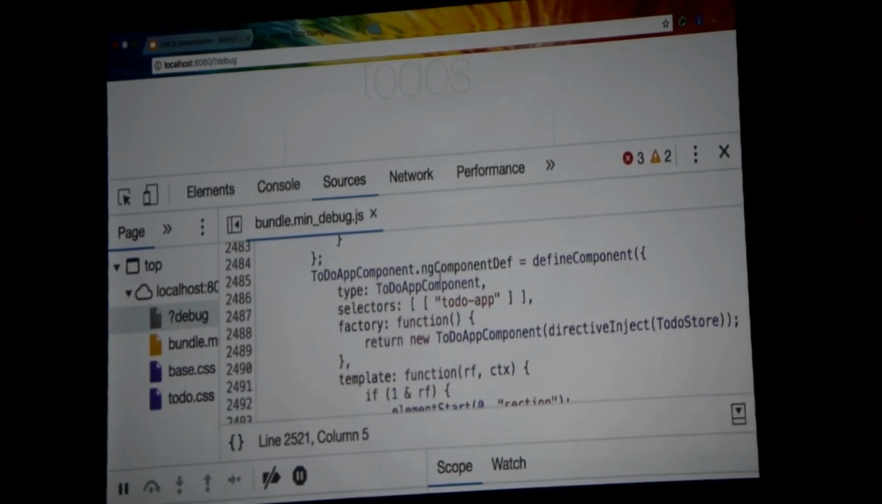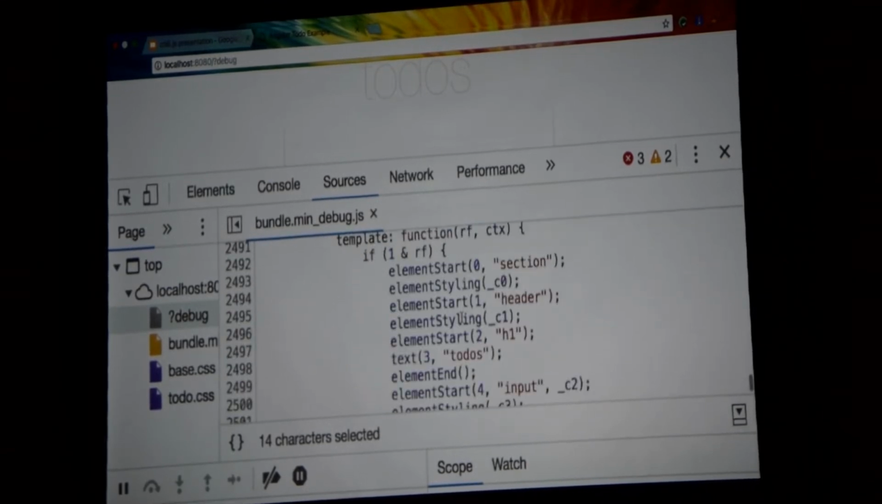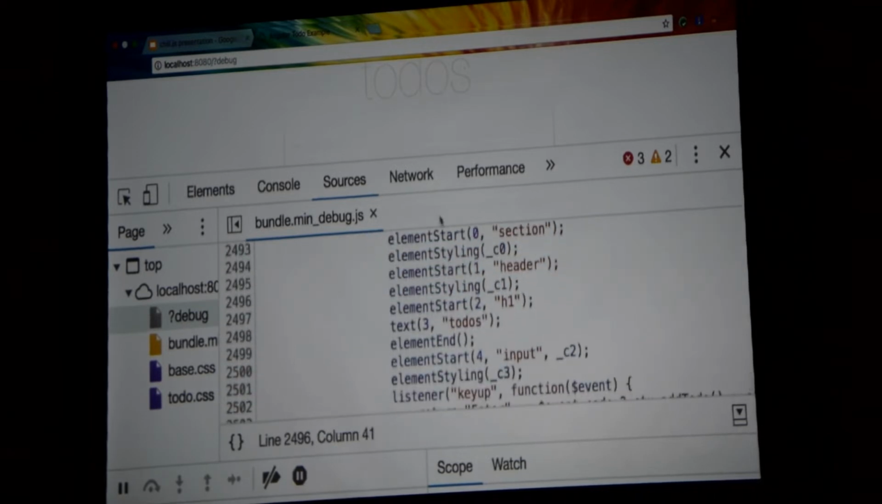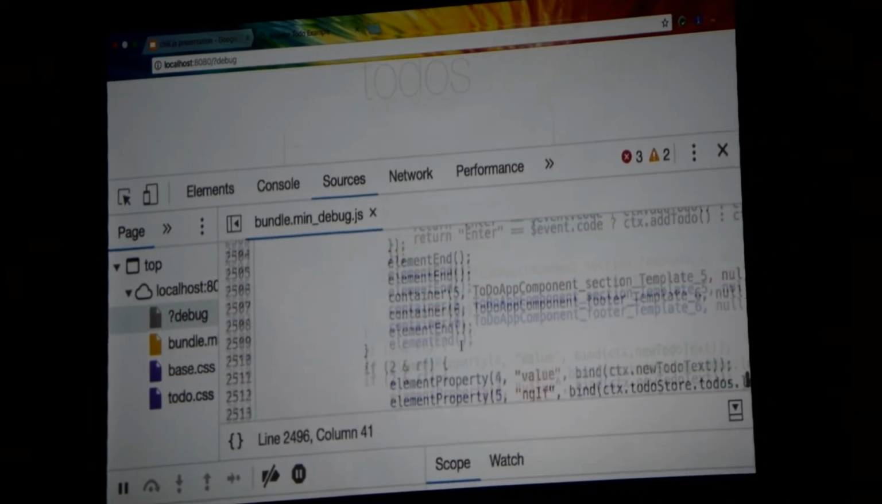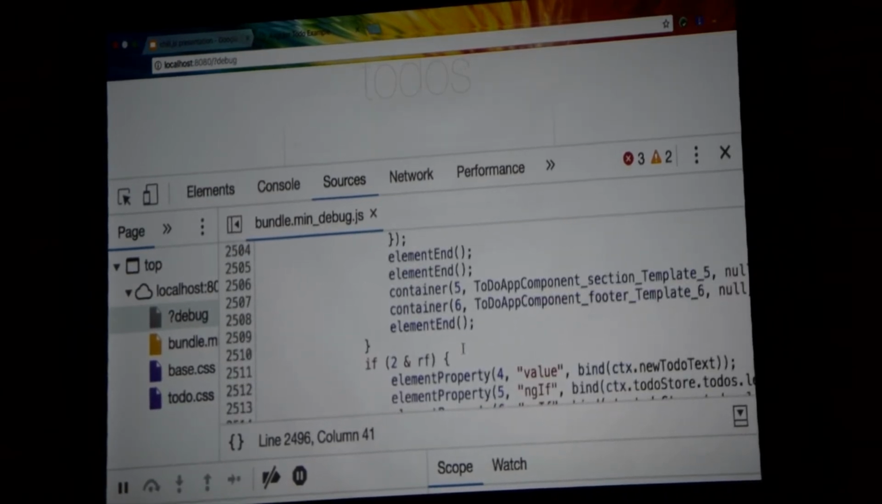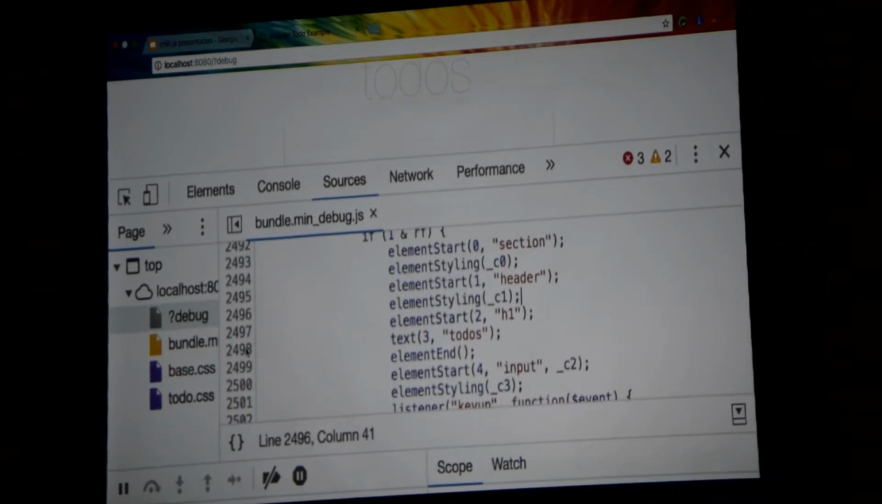We can actually see that this component got us a component def, and that template that we wrote was turned into this function which actually calls instructions to create this view. And the really nice thing about this, which wasn't really possible in Angular to this date, is I can put breakpoints in here. So I can say, I want to know exactly when this to-dos text at the top is